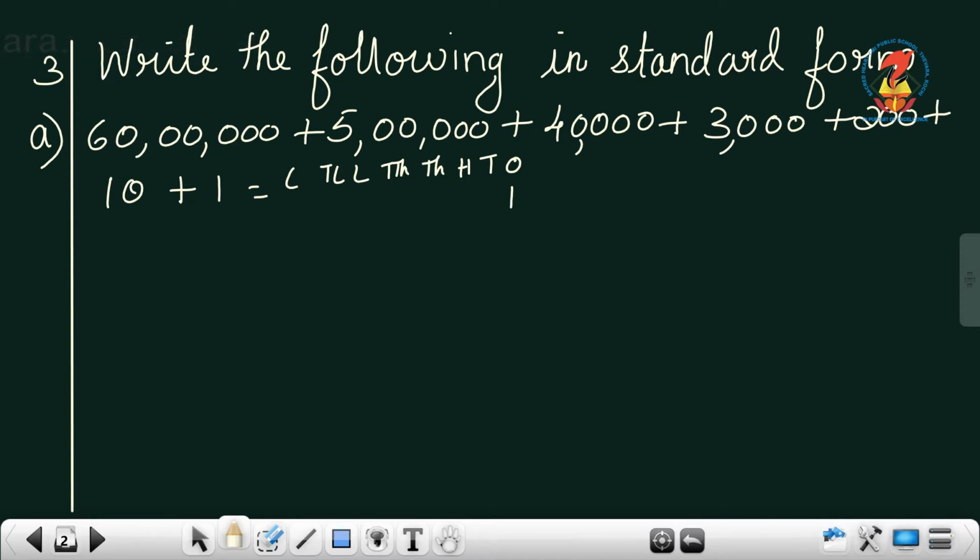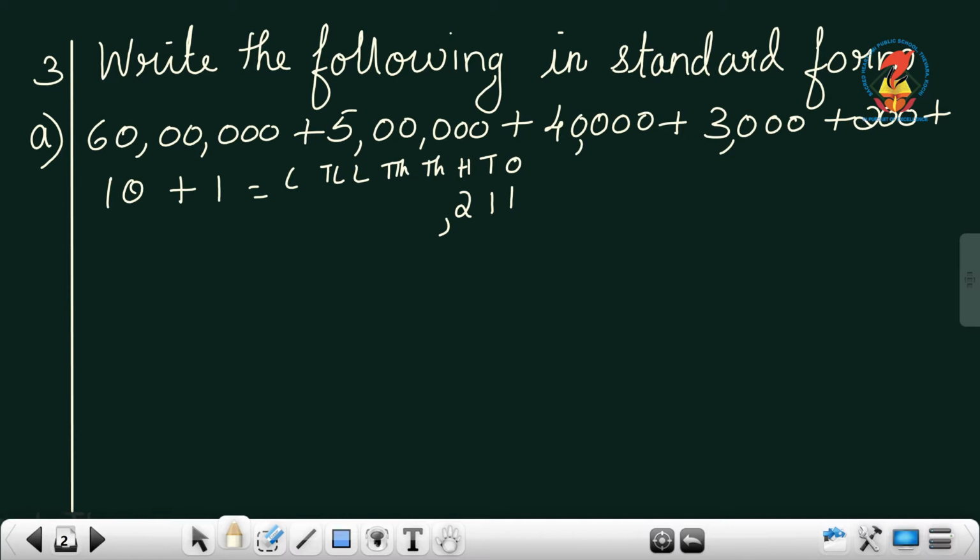Okay. Then you have 10. 10 means it is coming in the tens place. So, what is the digit that comes over there? Will you write 10 over there? No, you have to write a digit over there. What is the digit that you are going to write there? It will be 1. Okay. Then you have 200. That means it is coming in the hundreds place. Which digit will you write there? 2. You will write 2. So now your ones period is over. Ones, tens, hundreds. 3 places are over. You can put a comma.